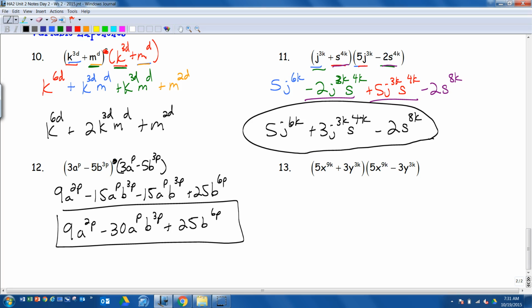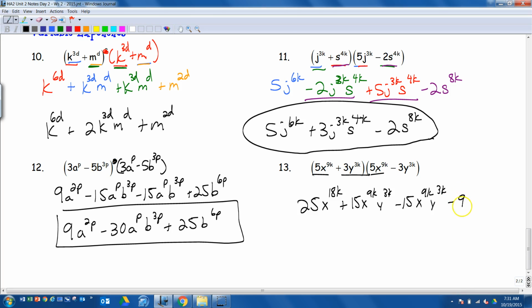And our last one. Multiplying, this should be a difference of squares pattern. So we probably don't even have to do the middles and the outers. So this is 25x to the 18k. And then if you do the inside, you get 15x to the 9k, y to the 3k, minus 15x to the 9k, y to the 3k,